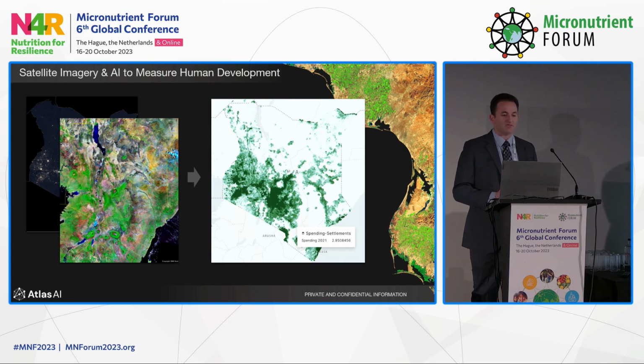An example of what emerges from this, on the screen on the left-hand side of the slide, is imagery in the foreground of an optical satellite image of the country of Kenya. In the background is an image taken at nighttime that measures the luminosity, the emitted light from local communities. On the right-hand side of the screen is what emerges. In this case, this is a data set that on a 1 kilometer by 1 kilometer basis estimates the spending capacity of a local household within the frame of that gridded cell.